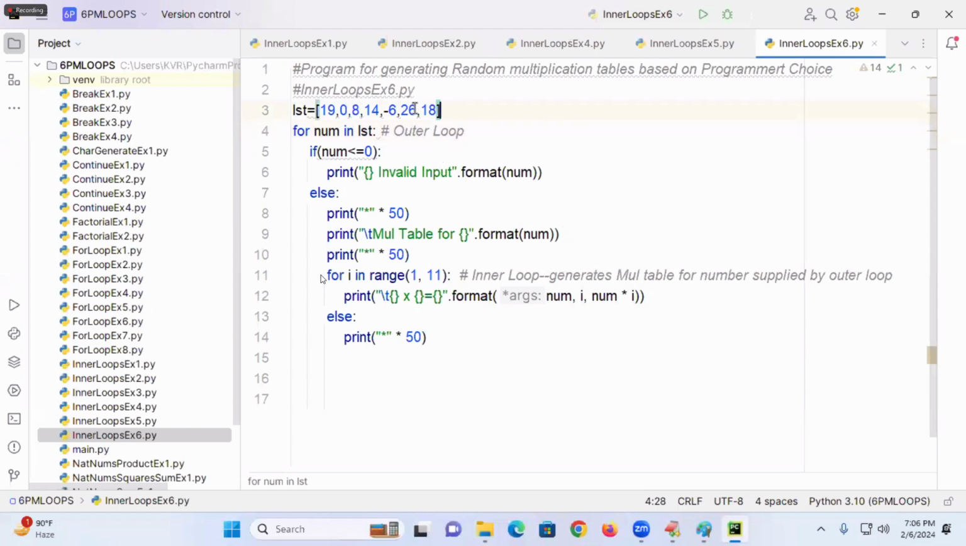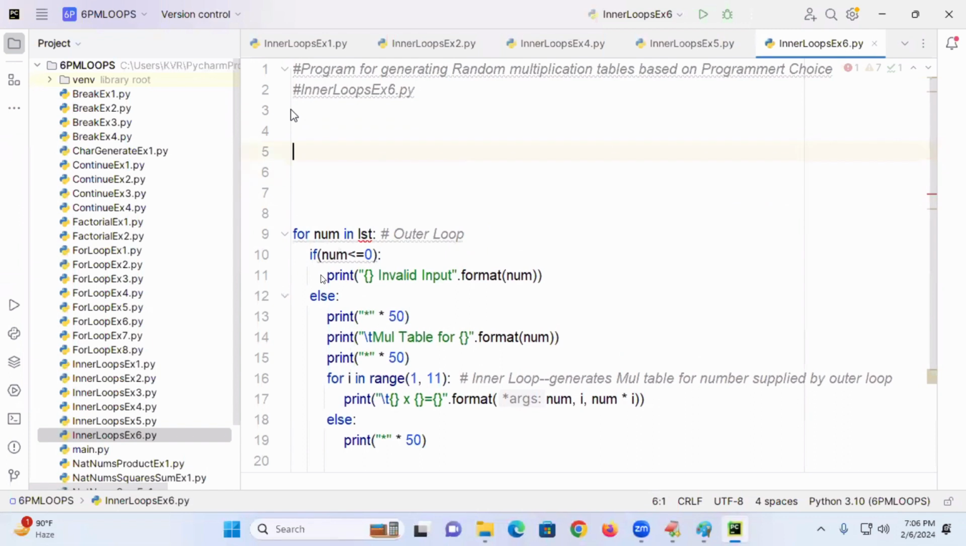This type of values, I want to read dynamically. Shall I go for it? How to read that dynamically? Now I'm going to tell you. LST. Now I will write the code. Can I write the code? Tell me. N is equal to int of input of enter how many